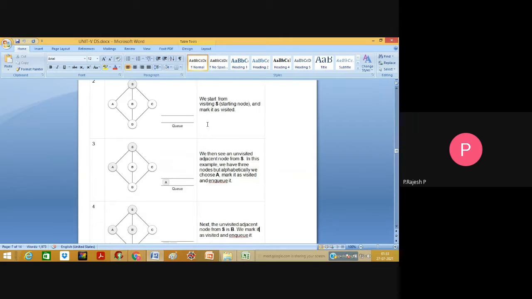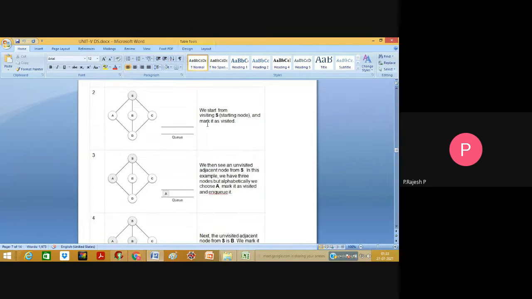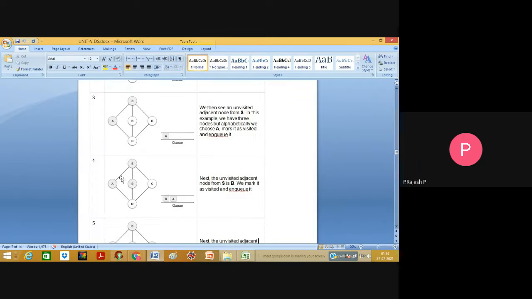First we are going to visit the S node, the origin, which we call the source vertex. It was colored gray here. From there onwards, we have to find the adjacent nodes of S. The adjacent node of S is A. That A is going to be inserted into Q, enqueued into the queue,